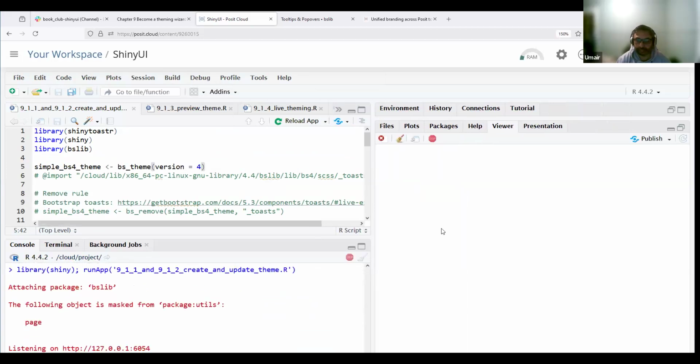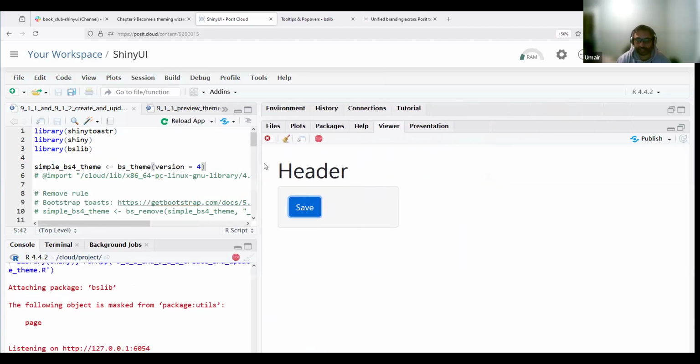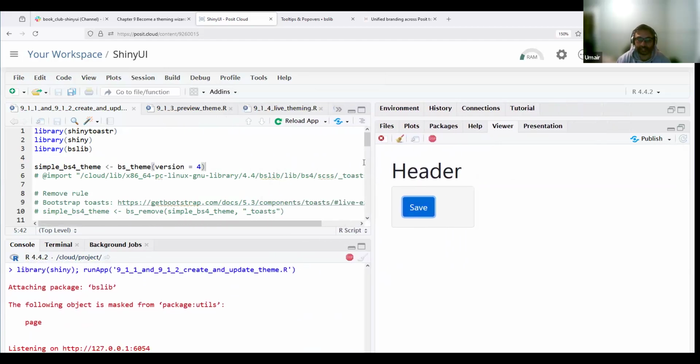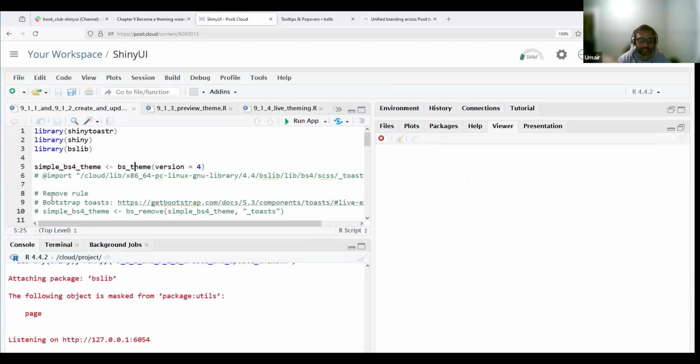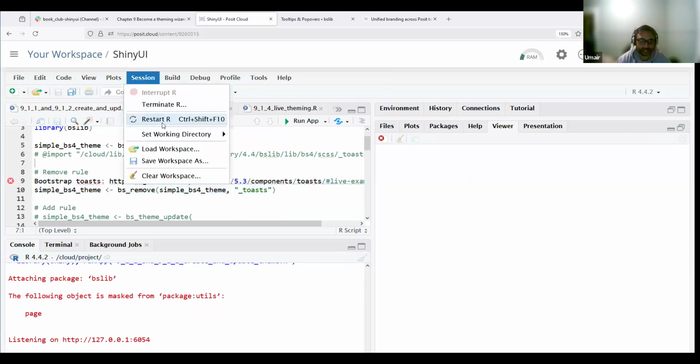So if we run the app, this is what we get for version 4. This is the primary blue color that's used. If I click on that, this is the toast notification that pops up on the top right. I think top right is the default. And now if I remove that and then restart,